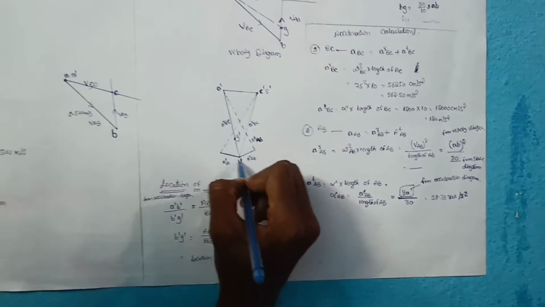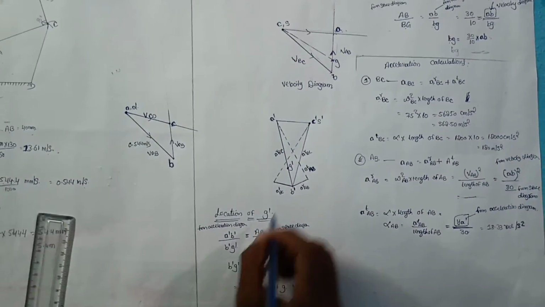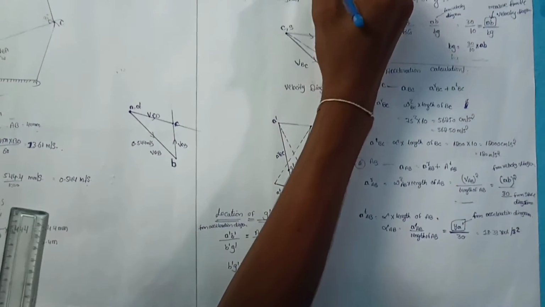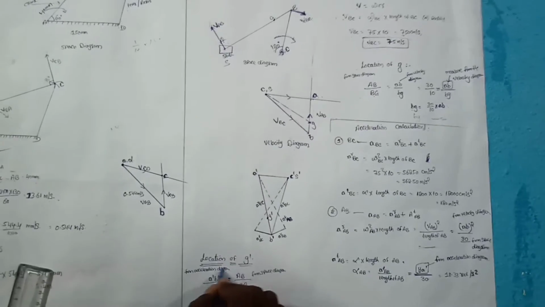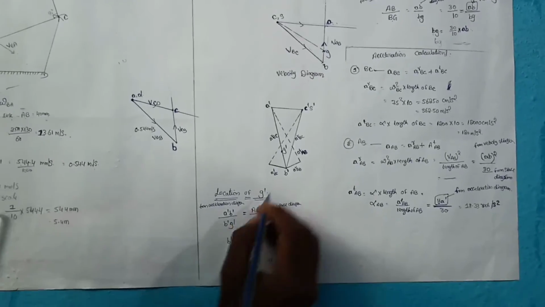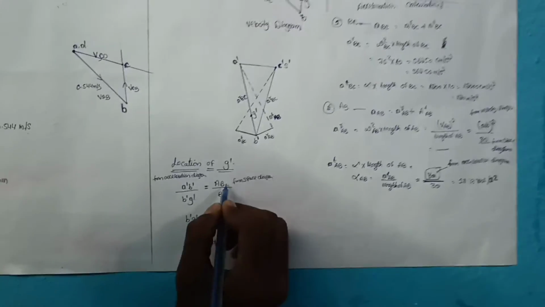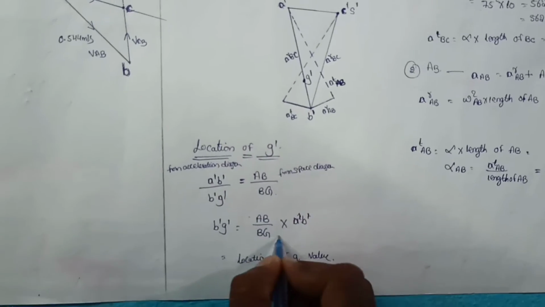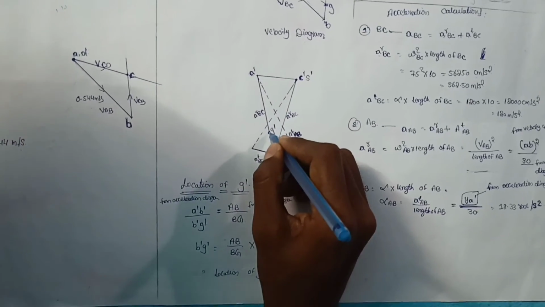We don't know this length. Total length we know, by measuring this length. By measuring this length we get 6. So 6 by how much, this we don't know. We want to find that. Next AB, we know from the space diagram, 30. 30 by BG we know, 10. 30 by 10 all we know except b dash g dash. So b dash g dash we don't know, that only we want to find. Take it out. B dash g dash is equal to AB by BG into A dash B dash. These all values we know. If we substitute in the Casio we can get some value. So from B dash we get this length.